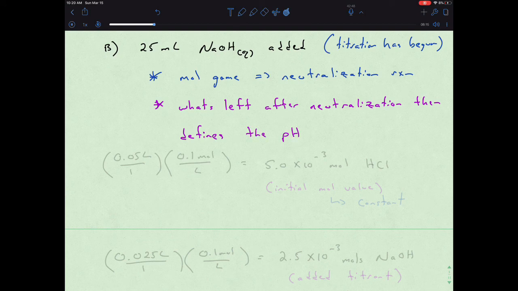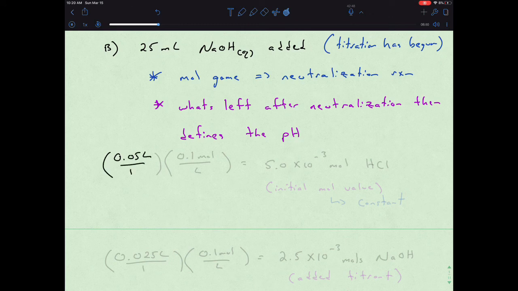So as soon as that titration begins, we have now basically a mole situation, right? That we have to now define what's left over after that reaction has gone to completion. Again, remember, it's going to completion because we have very strong, very reactive starting materials. And then whatever is left is going to define the pH of the actual solution. So we have to start with that mole game,